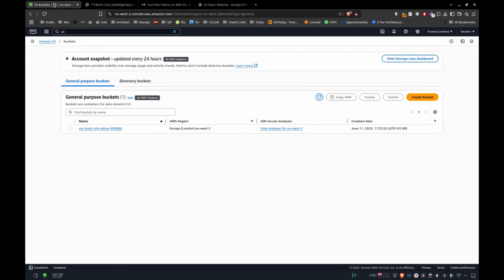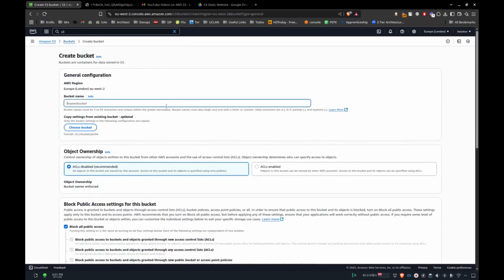So let's get started with the lab. First, go to your AWS account, click on create bucket, and name it. I'm going to create this in London. This is our primary bucket, so let's put it like my source bucket